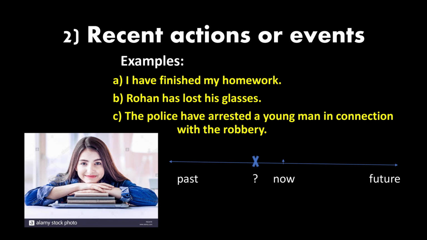So do not use the present perfect when you talk about a finished time. For example, yesterday, 10 minutes ago, in 2005. In that case, you can use simple past tense. So remember that there are two main uses of the present perfect tense: to talk about experiences and to talk about recent events. Alright, if you are ready, it's time now for a test.